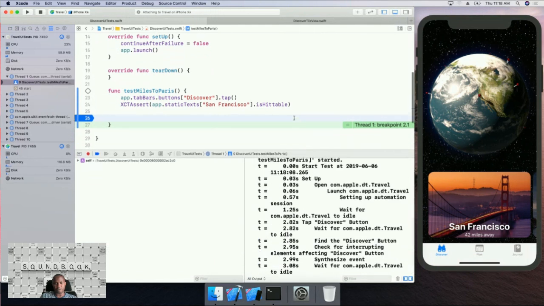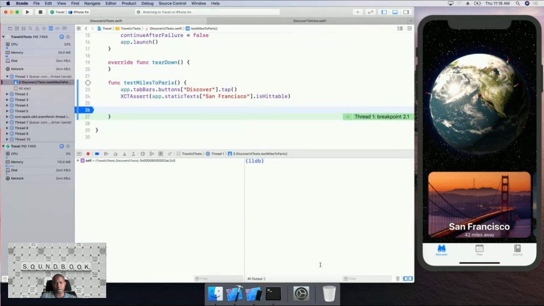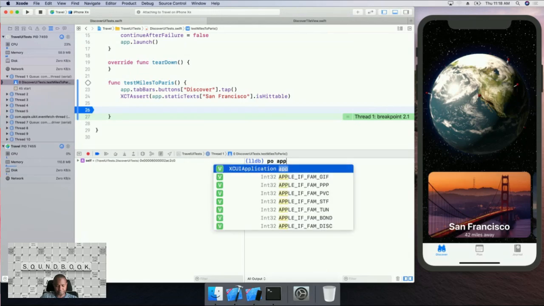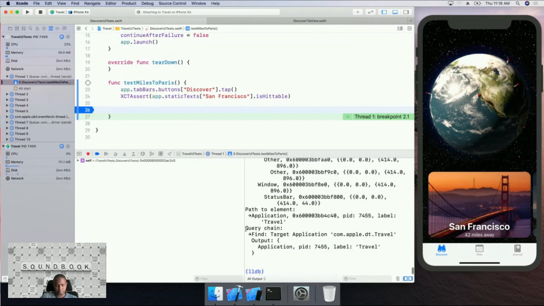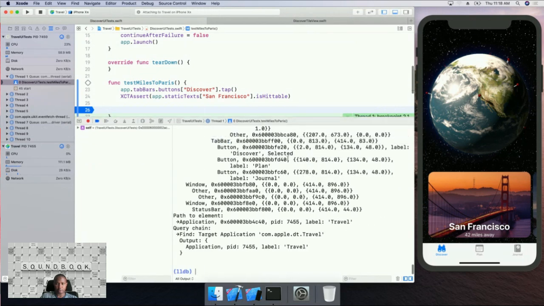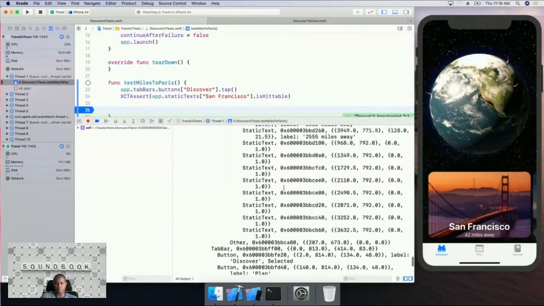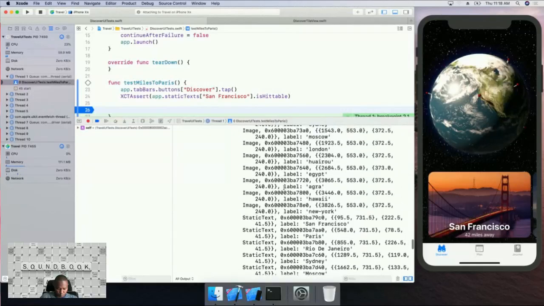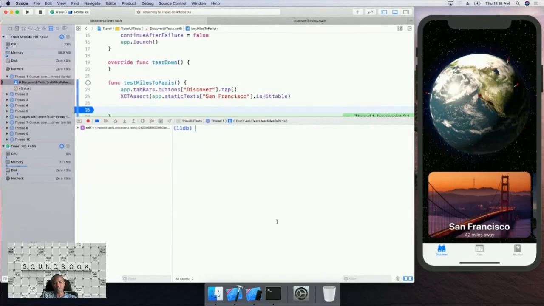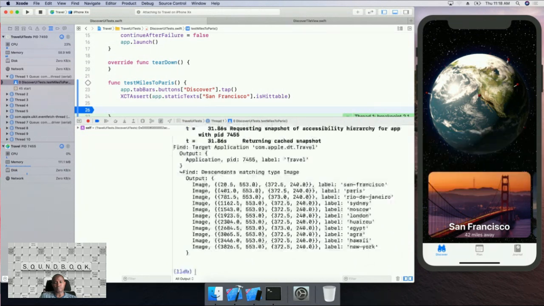From the debugger, we can get more information about the app. We can print out the exact view hierarchy by using po app to get this information. Here we have a list of all of the UI elements in our app. This is a little overwhelming though, so I'm going to further specify that I want to print out all of the images in my app only. Great, now we have a list of all of these images, and it looks like San Francisco is the one I want. So I'm going to copy this string and now close the debugger